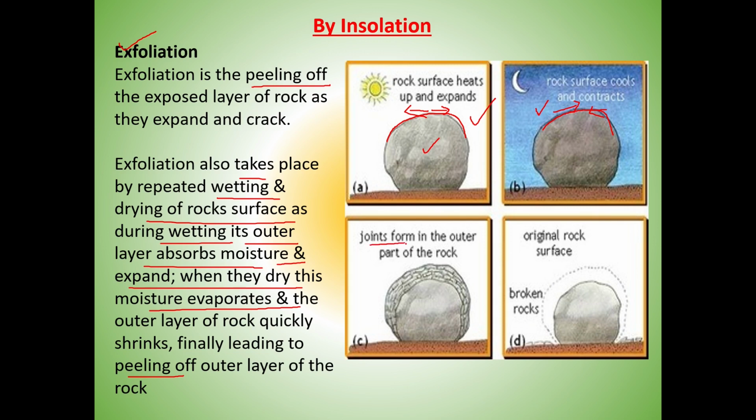What is happening? Joints are forming in the outer layer of the rock. And those jointed layers, that is the outer layer of the rock, get peeled off like an onion skin. Here we can see how much is peeled off. And again the layer which is exposed will also get peeled off bit by bit. The rock surface over here will become smaller and smaller, and at the end it will form into soil.